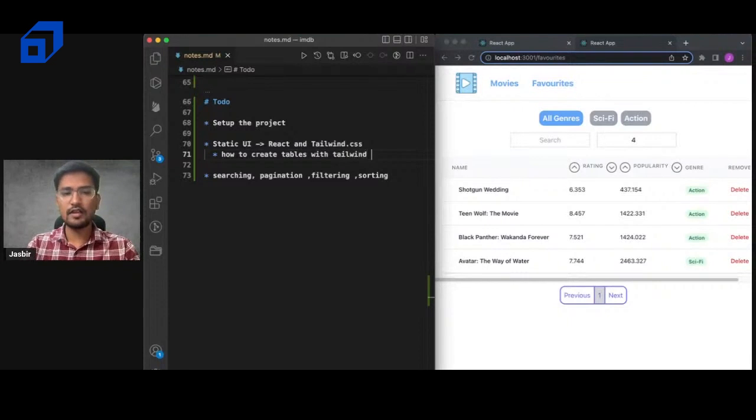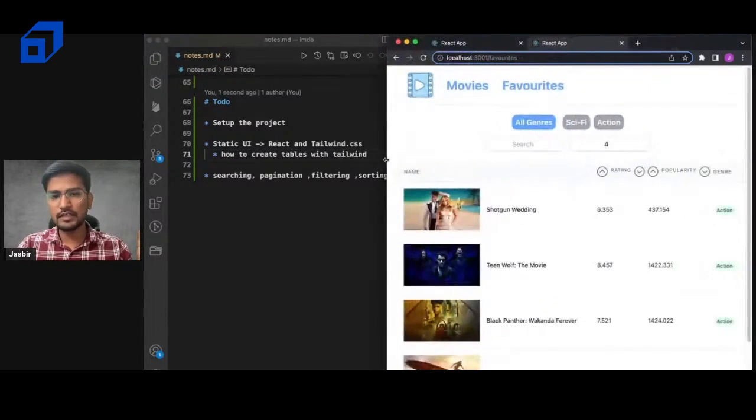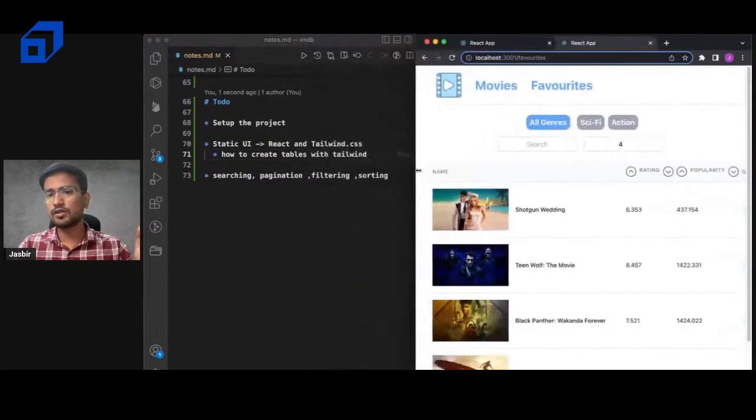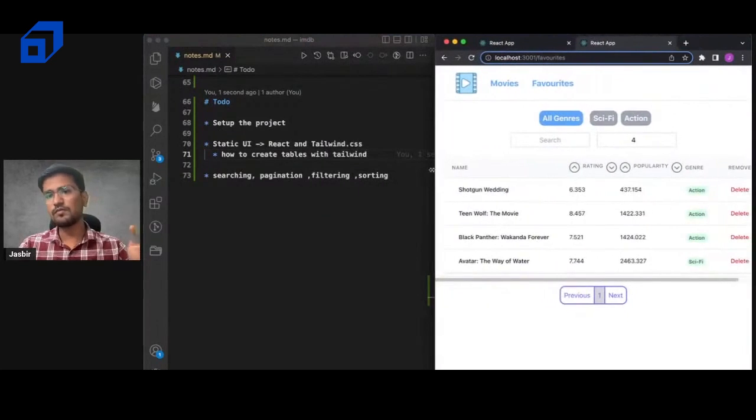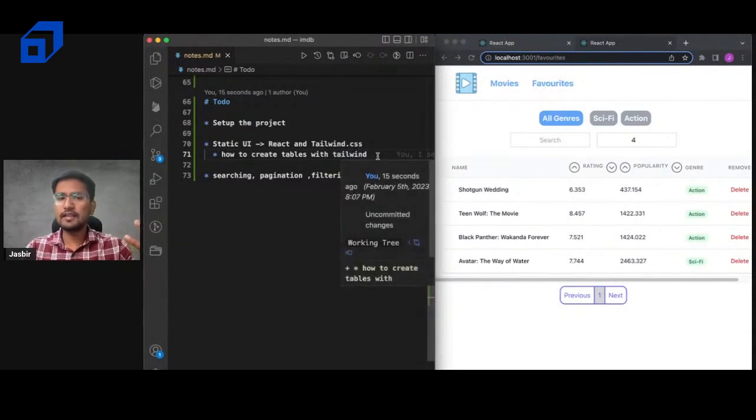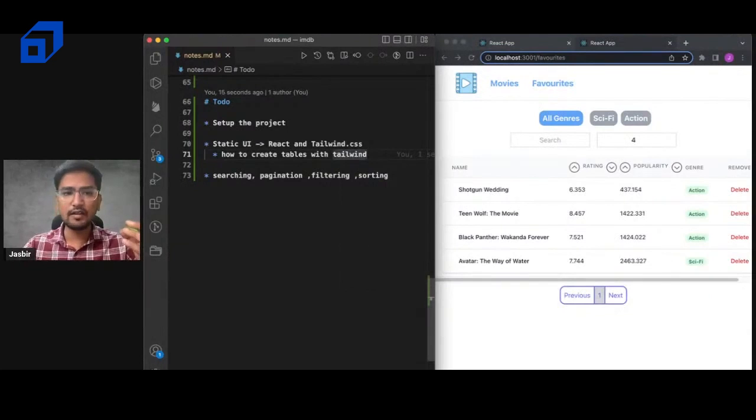I'm just majorly talking about this table. Okay, this table that we have. Of course it is responsive, and this is how your dashboard usually looks like. So majorly how you can create tables using Tailwind CSS,